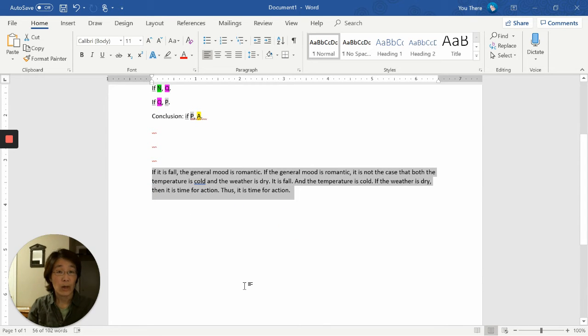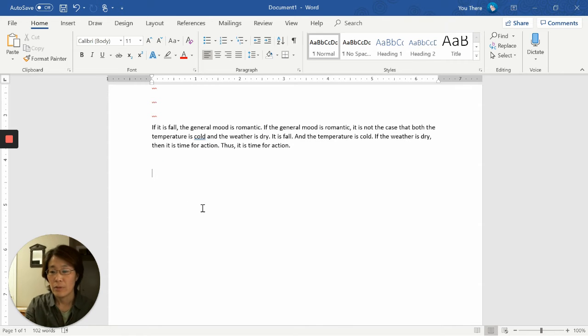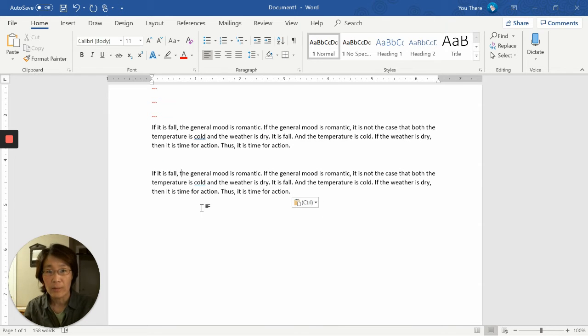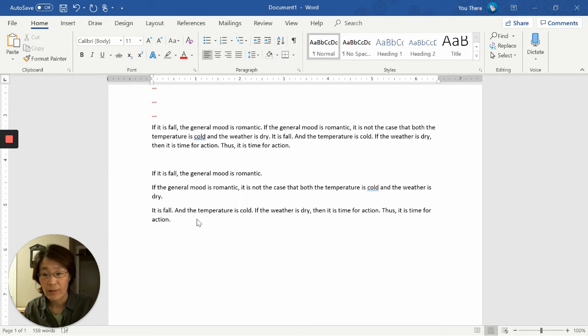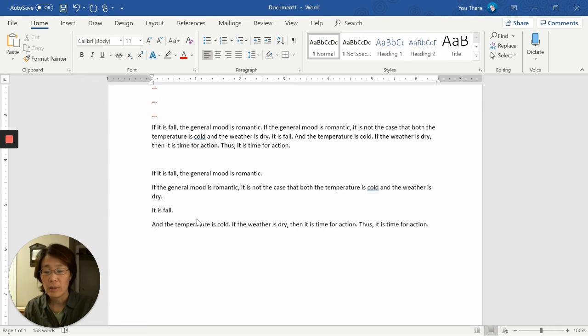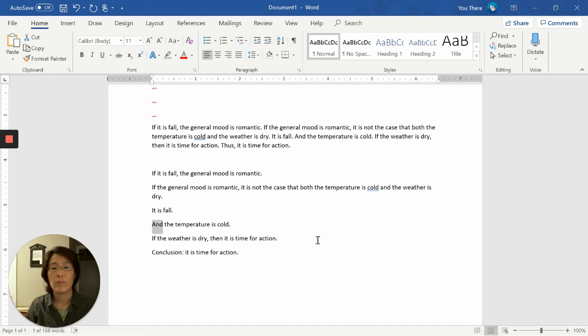This argument's a little bit more complex, but the process actually stays the same. So the first thing to do is, again, just identify the premises, separate them out, make sure that you can identify the conclusion. And here, it's especially helpful because this argument just is longer, and breaking it out this way helps us see what's going on. But also, in this premise, something that looks like a logical operator